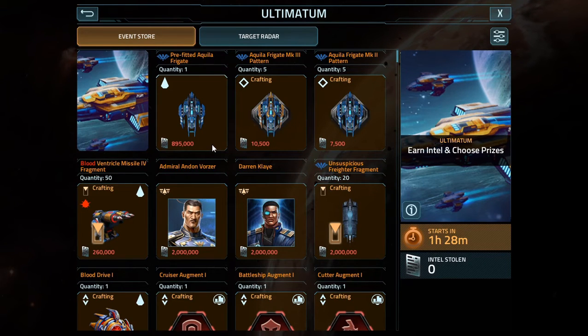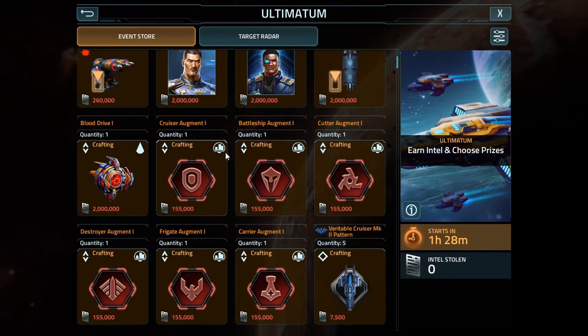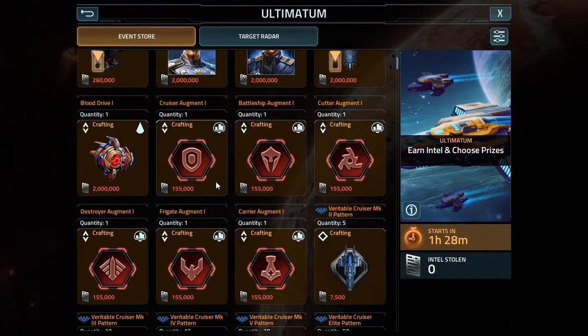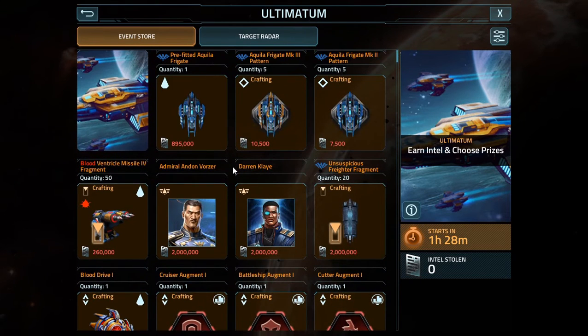So 895,000 for that one, and each of the augments is going to cost you 155,000 for any of them, and naturally, however many fleets you intend on building, you're going to want the matching augments if you're going to use them. I'll go over what they are statistically during the next portion of the video, but I just wanted to get that out of the way. Naturally, I don't know the behavior of the ventricle missile. So, I can't exactly...